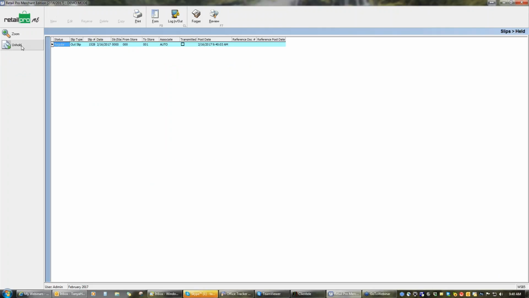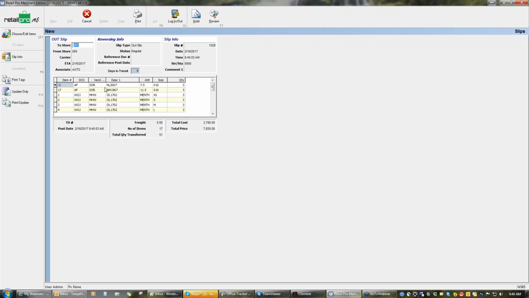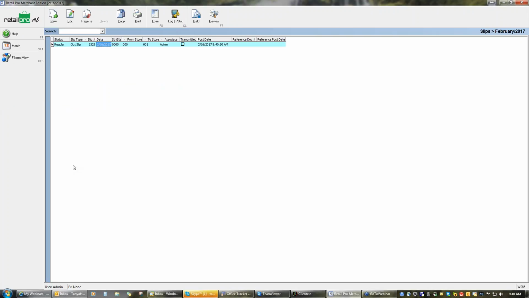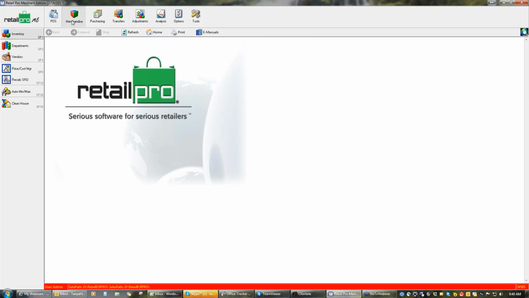There's the one that I just created, so I'm going to unhold it, and I'll now see all of the items that are going to be transferred from store 000 to store 1. And that was all done with the auto utility. I'm going to change this to admin so I know that it's good, and then I will update only. Now, because I just did that transfer, if I back out and I go look at my inventory for those items,